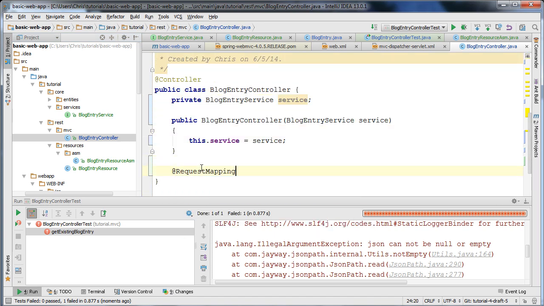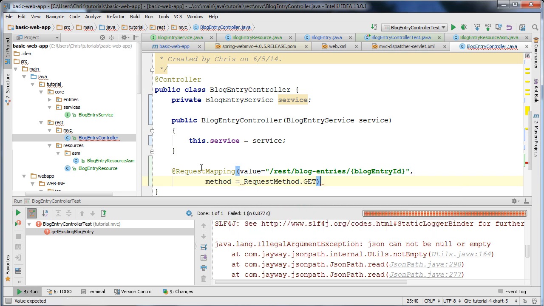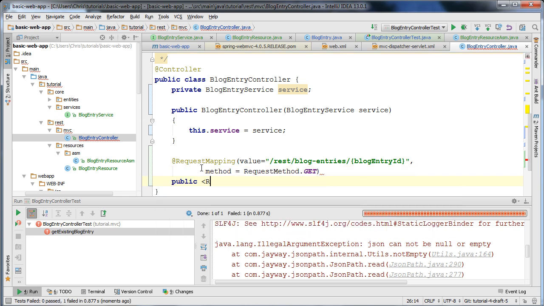So I'm going to use RequestMapping. I'm going to specify a value of rest/blogentries. And now I'm going to use a path variable, which will allow us to bind a variable in our URL to a Java variable in the parameter. I'm going to specify blogEntryId here. And I'm going to specify a method of RequestMethod.GET. So public ResponseEntity<BlogEntryResource>